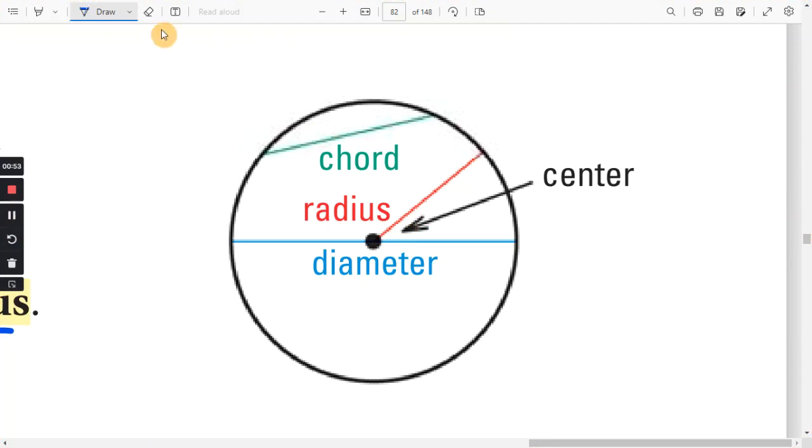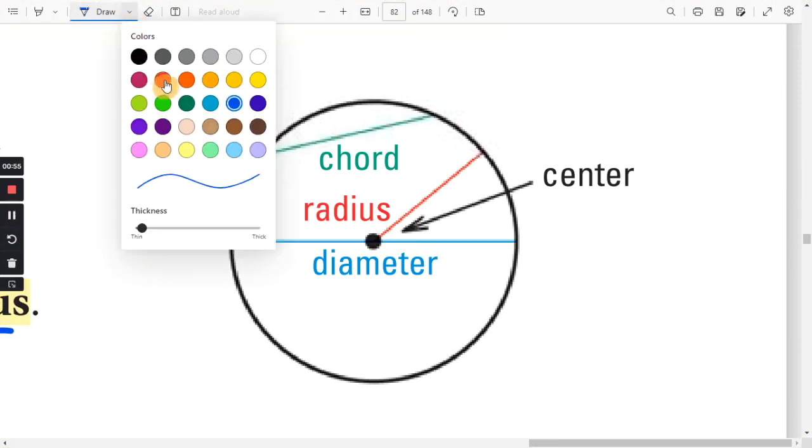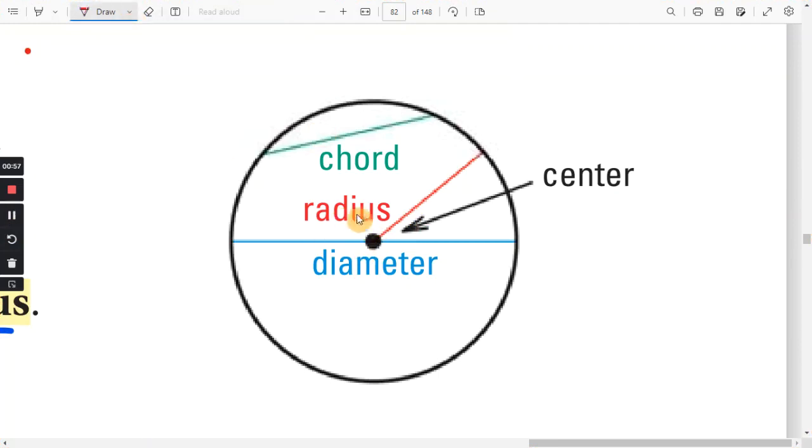Notice the radius here in red. I'll draw over it in red here. See the radius, it starts at the center and it goes to the circle itself. You can draw the radius in any direction. It's always the same length as long as you start at the center and go to the circle itself. That is a radius. Now for the chord,